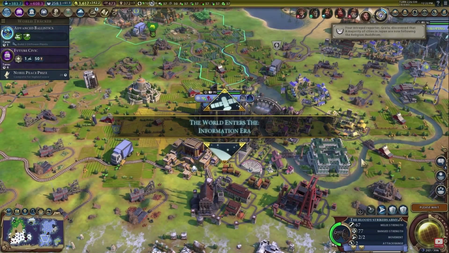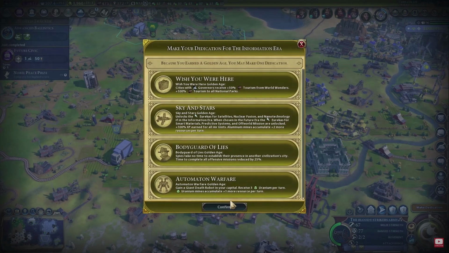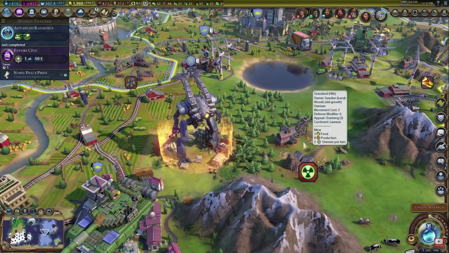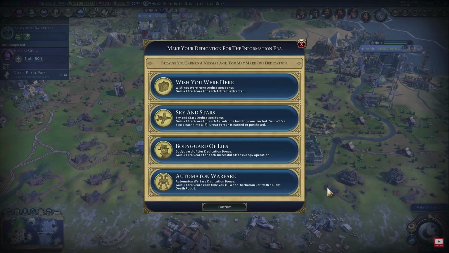Starting with dedications, we've added automaton warfare, which focuses on everyone's favorite giant death robot in the late game. During a golden age, it instantly gives you a giant death robot unit. It also grants 3 uranium per turn, and your uranium mines will accumulate 1 more resource each turn. During a normal and dark age, it grants +1 era score for each non-barbarian unit killed with a giant death robot. There are 4 new dark...